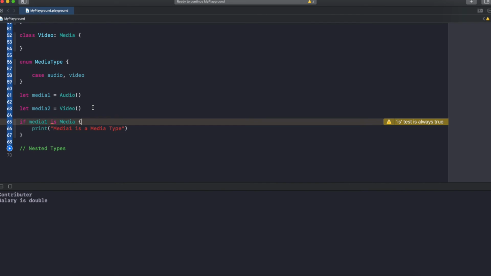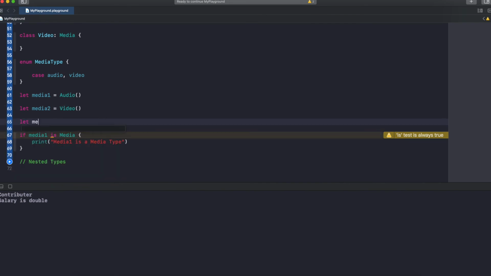Even what you can do is let media3 equal to, and I'm going to have it as a media type, and I'm going to have media1. You see the data type of media1 is audio, whereas I am storing that audio in the media data type, but still it will succeed. Why? Because this audio is also a type of media, so that's the reason it never complains.